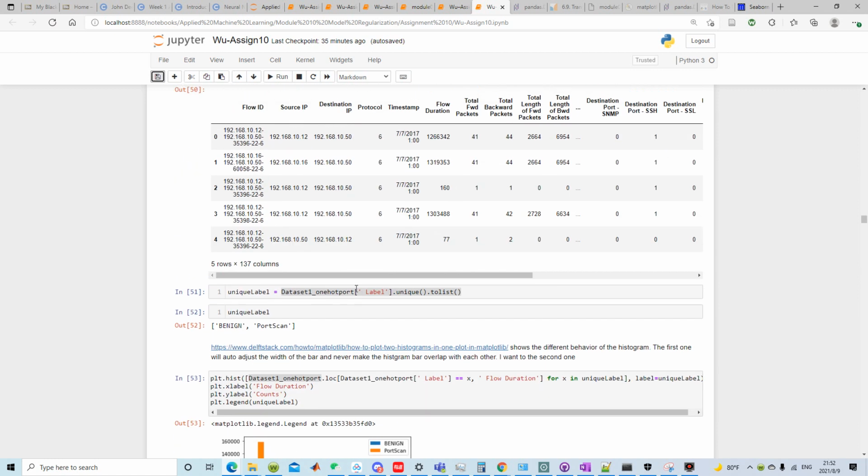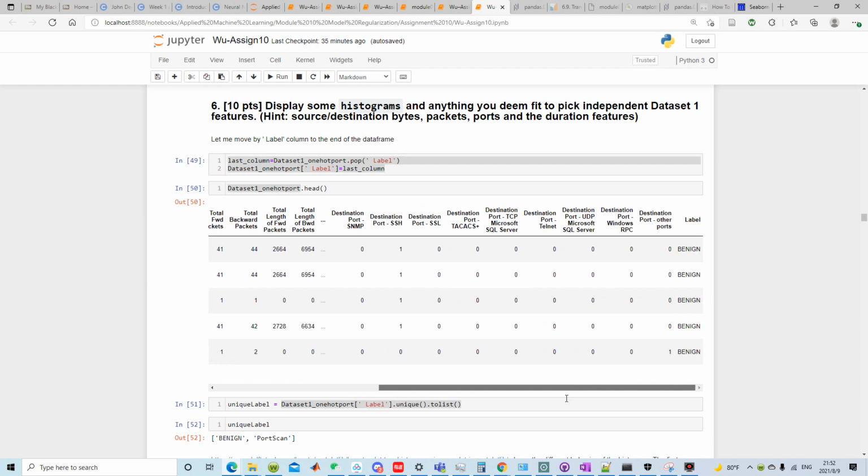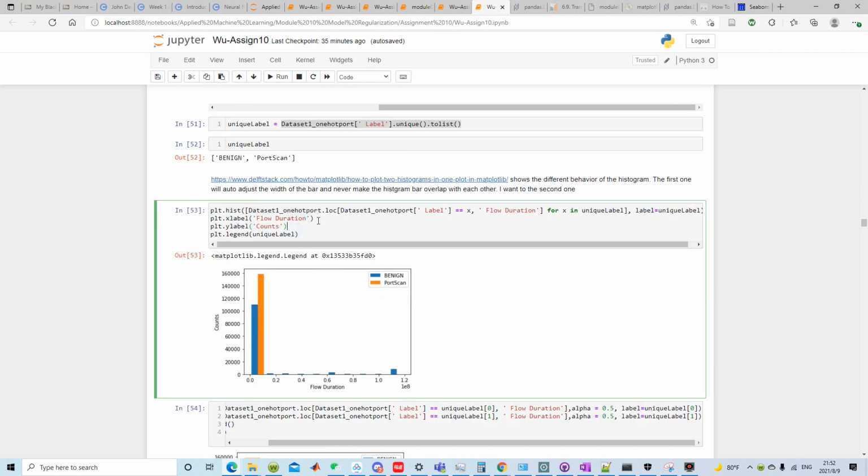In my data set here, I have a lot of features, and in supervised learning we have a label column. And if we plot the histogram like this,